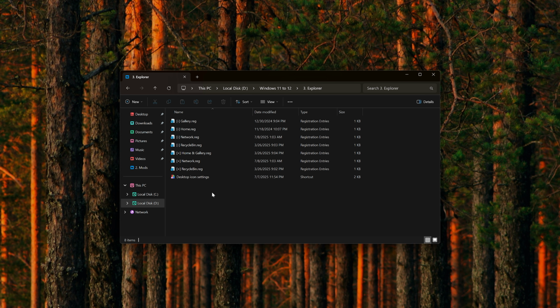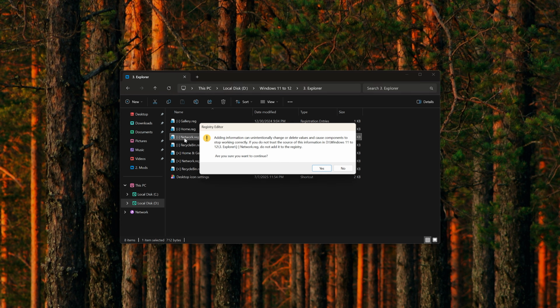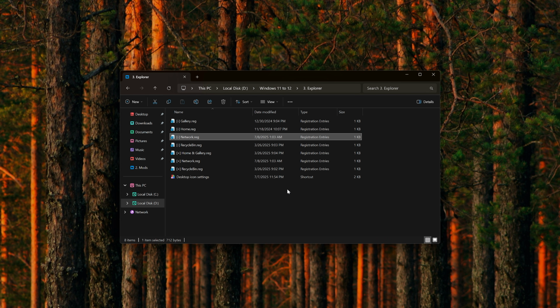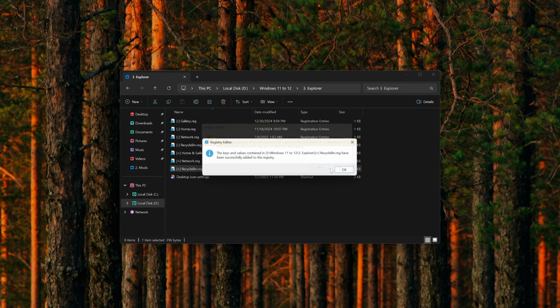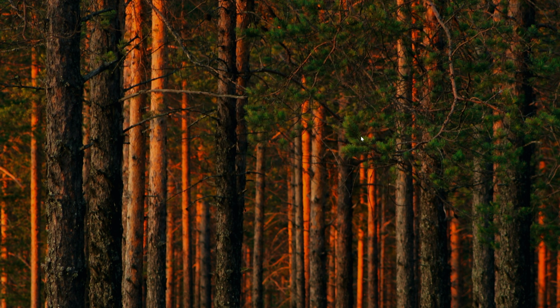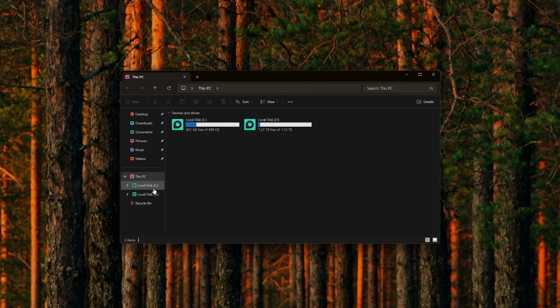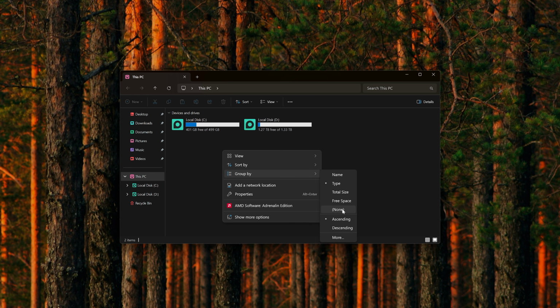In the archive I have included special scripts for customizing Explorer. You can remove unnecessary and add what you need. Personally, I always remove the gallery, home and network buttons. I need them about as much as keys in summer. But it's worth adding the recycle bin to Explorer. It's quite convenient after all. Don't forget that changes are applied after restarting Explorer. By the way, the useless grouping label in the This PC window can be removed with just 2 clicks.